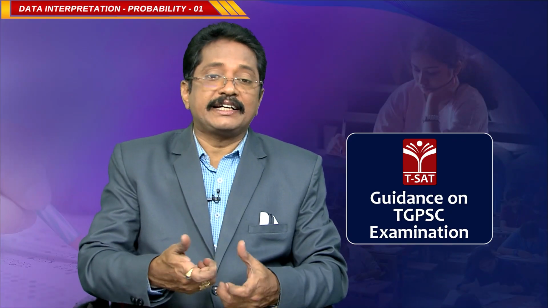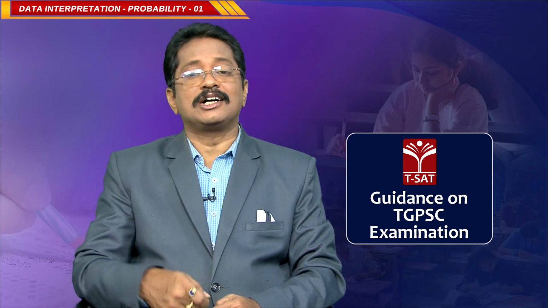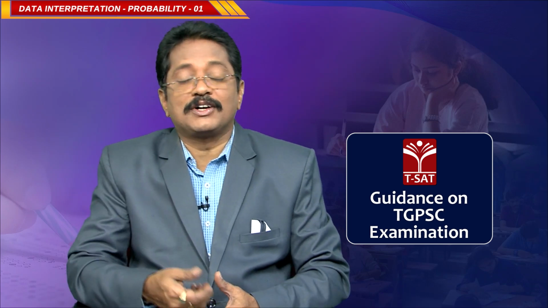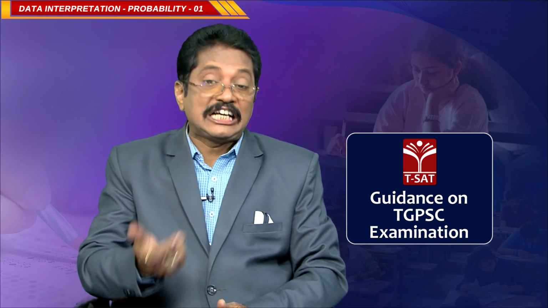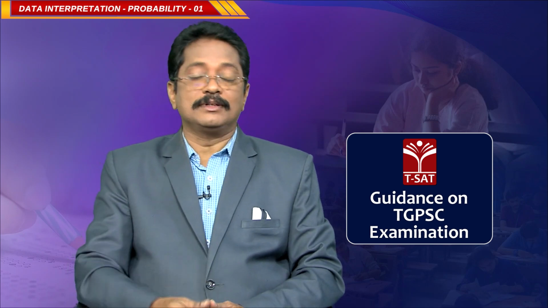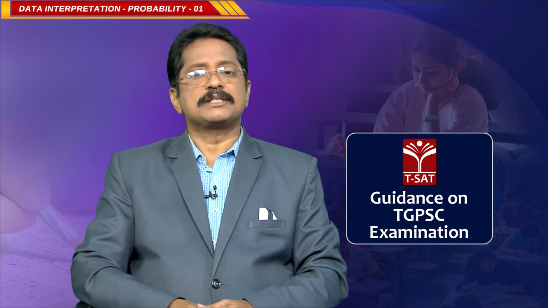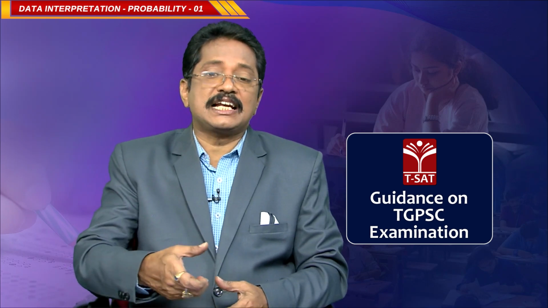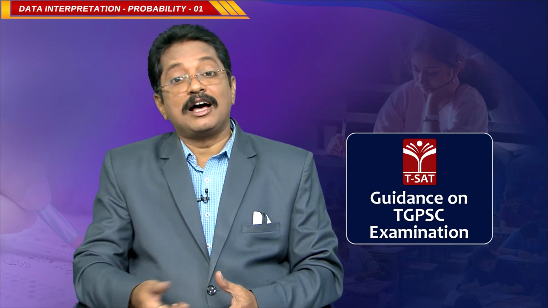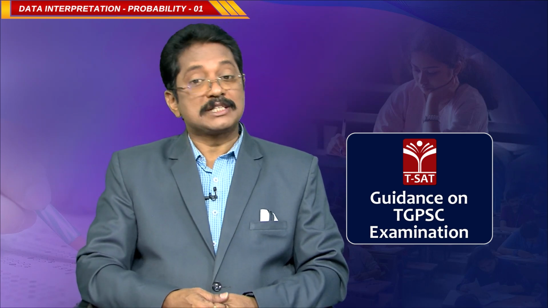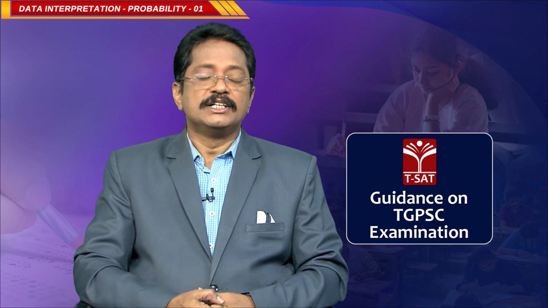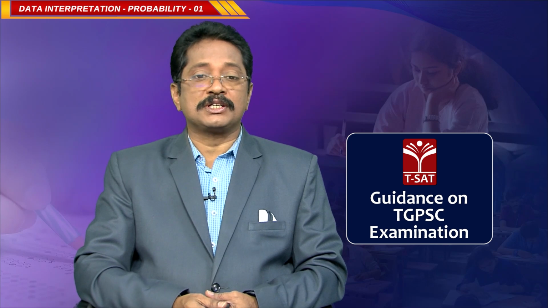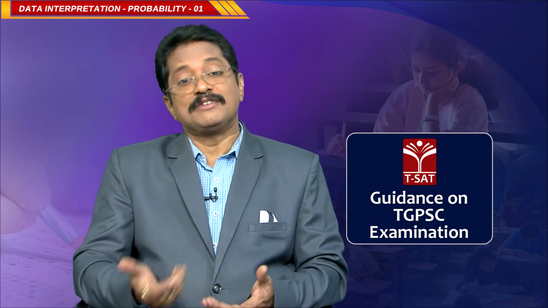Like when you take a deck of cards and select one card randomly, the card may be an ace, the card may be a queen, the card may be a red queen, the card may be the club 10, like different possibilities. If a bag contains red balls, blue balls, green balls, when you select one ball randomly, that ball may be a green ball. It is a possibility, or you call it probability. So, these are the different random operations.